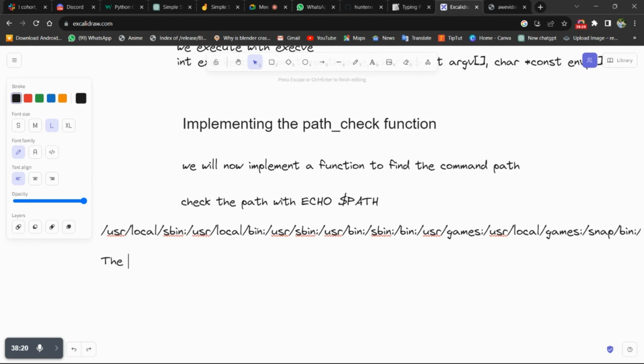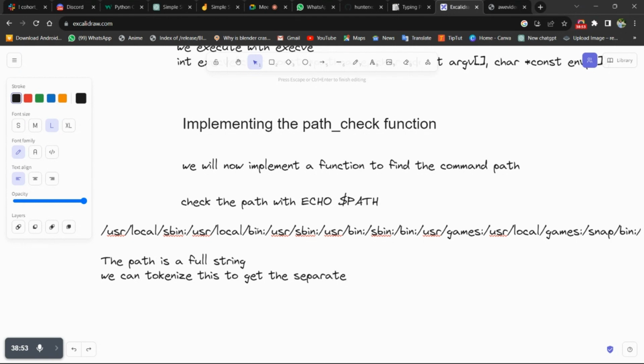So we know that the path is a full string, right? From the idea we know about tokenizing strings, if we want to get the individual directories, we will have to tokenize them. Guys, please be with me and help us write this, because this is where the challenge also starts.